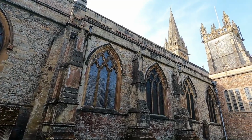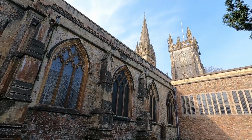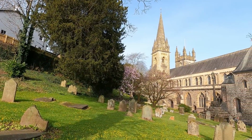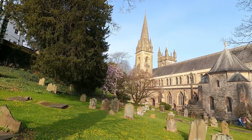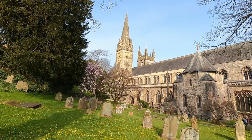A building that attracts visitors from all parts, still associated with the local school that bears the name of Llandaff Cathedral, and a very prestigious school which is actually in the grounds of the cathedral. But then across the road there's another building, or at least the remains of a building, and that building is